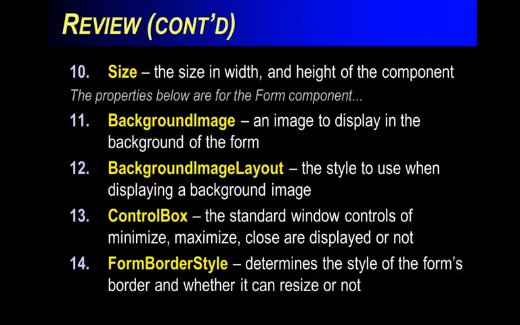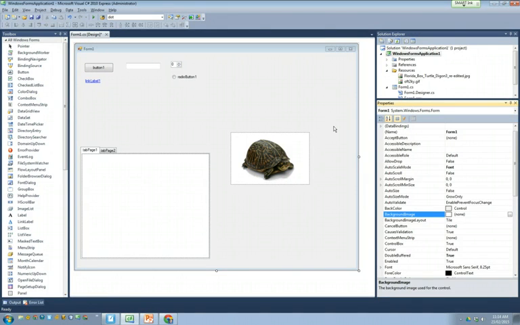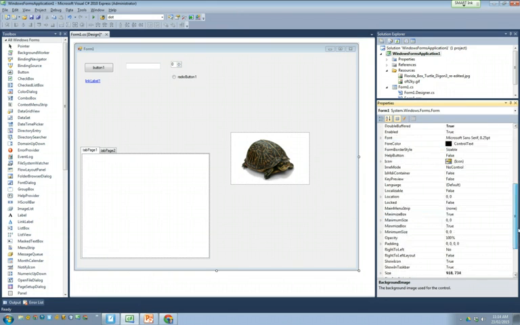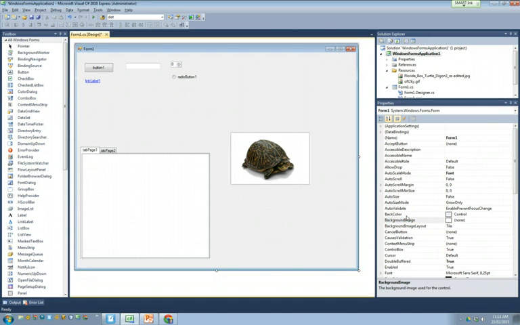So there. Now, in addition, a couple other properties you can play with a form include the control box and the border style. Now, the border style is a pretty simple one. It just sort of changes the outside appearance. But the one called control box is probably terminology that you weren't aware of. I doubt you were using that term. If I set control box to be false and then play this thing,